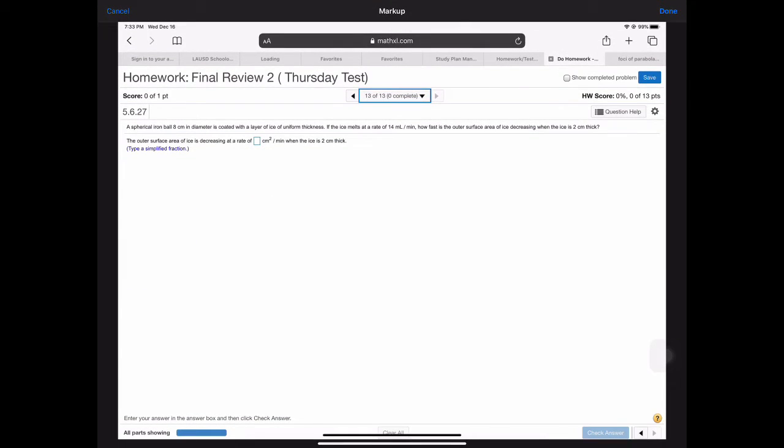Okay, so we have a spherical iron ball with a diameter of 8 centimeters. And then we have a layer of ice forming on the outside of that. If the ice melts at a rate of 14 mLs per minute,